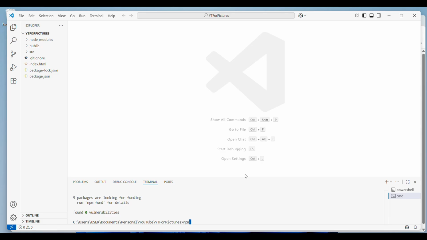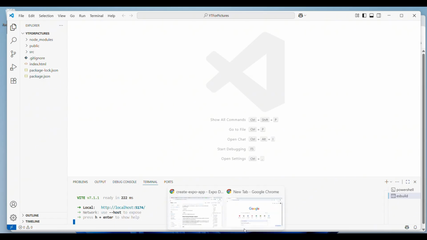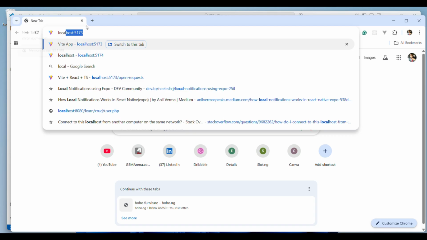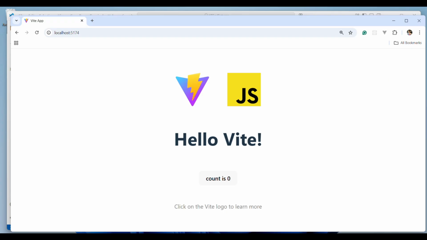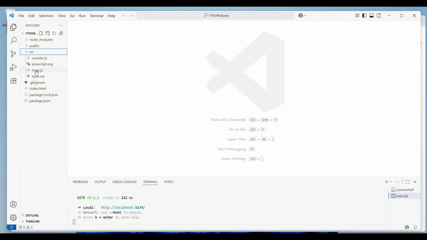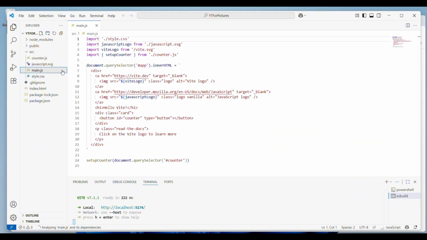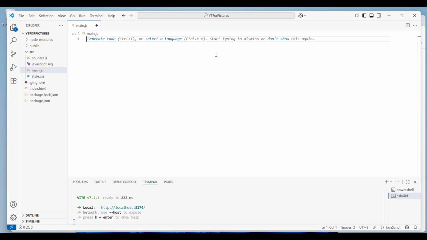Then npm run dev. Okay, so I'm just gonna come here, local. Yeah, so this is coming from our main.js. So we're going to be removing all of these, and yeah, so